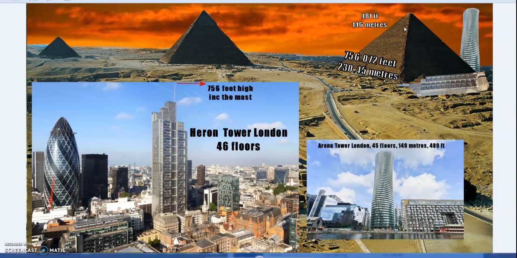If you drop this into almost any city, now these are large buildings, so most cities don't have buildings that are 756 feet high. A 480 foot building in most cities is a skyscraper. It would be quite impressive. Now, what's also worth noting is that these buildings are mostly air. So if you squeezed out the air, you get an idea of how many of these you would have to stack up to create just the Great Pyramid. And we have Khafre's Pyramid, or Menkaure as well, but the Red, the Bent Pyramid, and